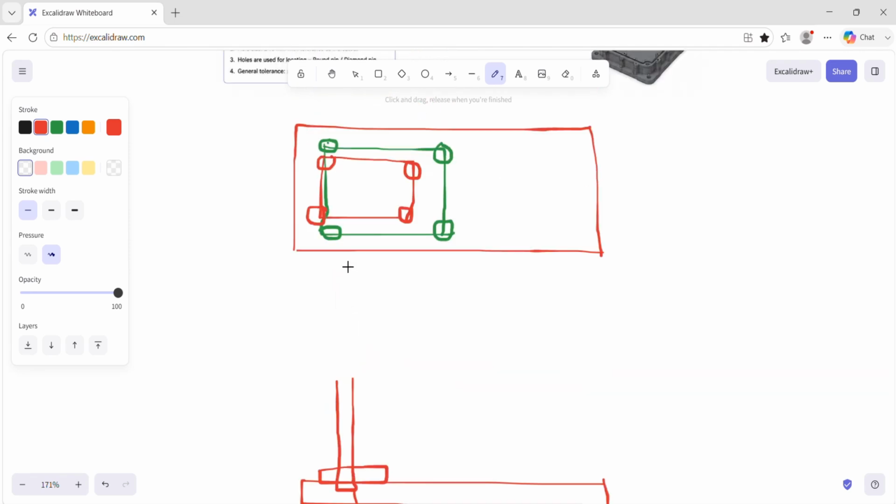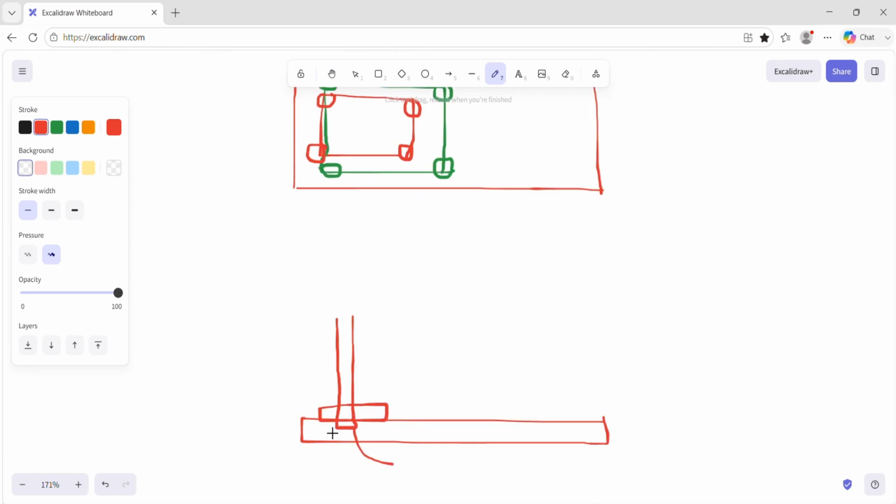Why? Because we need to maintain the distances between these. They cannot be open, otherwise these distances will vary, and whenever we program the dispensing path, it will not match. So here we can have a control feature H7G6, and we will have two bolts.